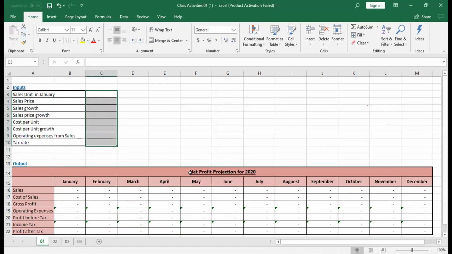Just delete. But then the model is perfectly developed. When you remove the input area, your answer sheet needs to get 0 values or no numbers at all. So that is the perfect module, right? Then the inputter or the user can type any numbers there in the input area and he can generate